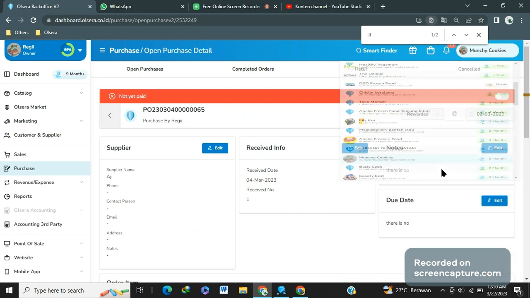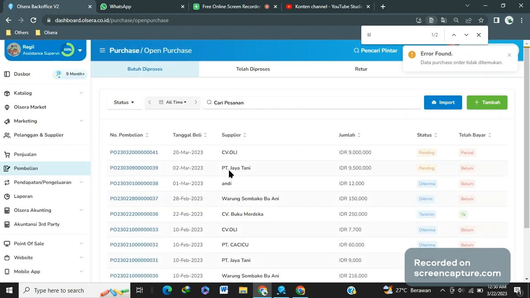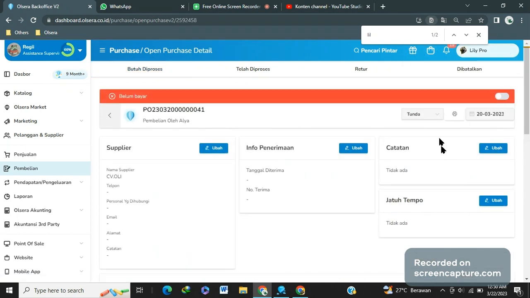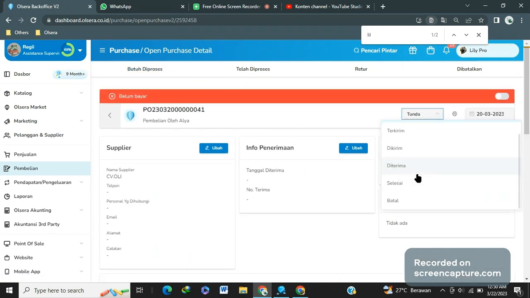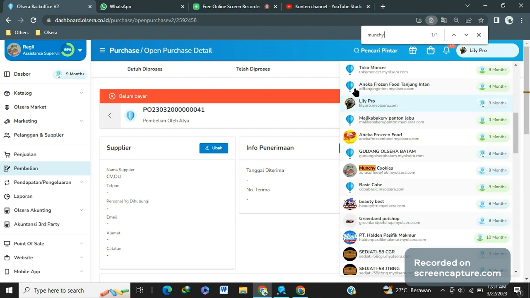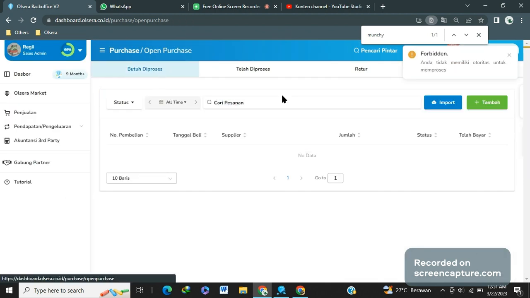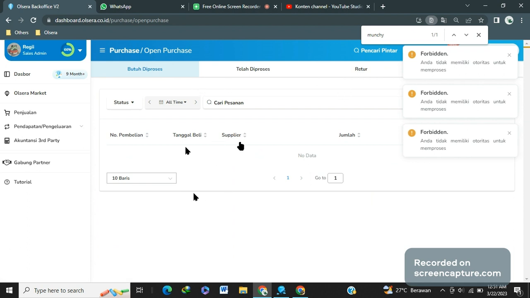Let me try in here first. Okay. Oh yeah, actually I still can change it. So anyone that has that access in here can still change it. So if you want to do your stuff, doing this is totally fine. If you want to change into cancel, you just have to